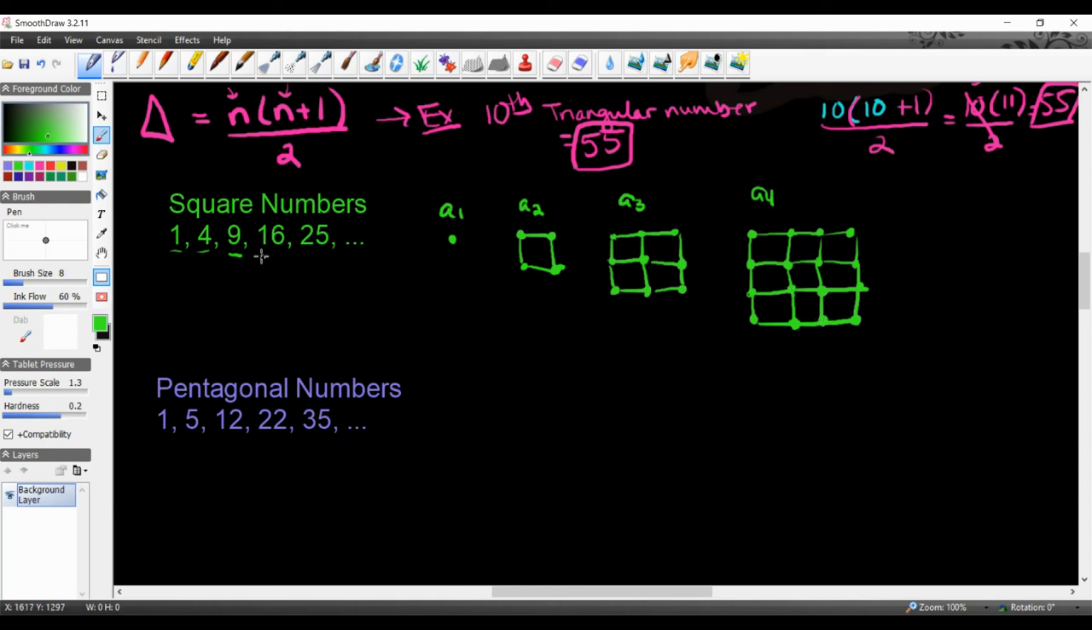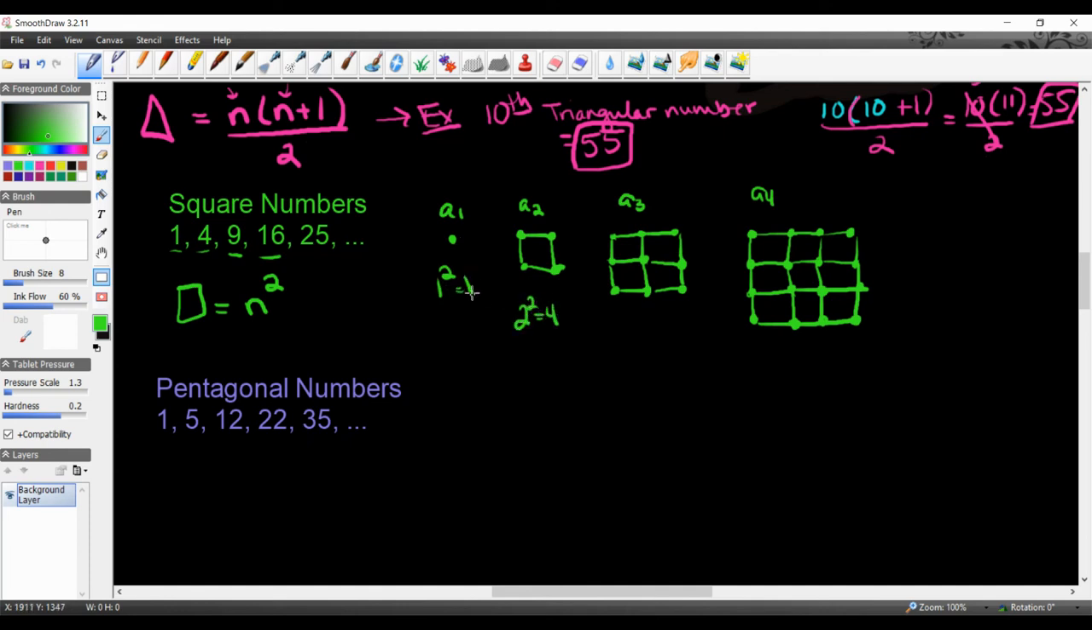And that would be 16. Okay, and so forth. So in this one, you should be able to figure out the pattern. It's kind of like the example we did before for the square numbers. All we have to do is square the number. So in other words, 1 square is 1, 2 square